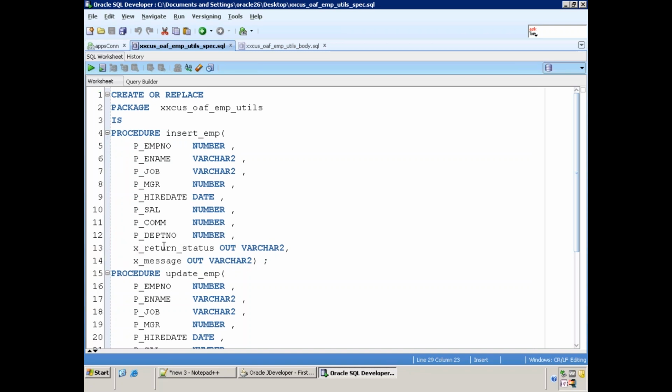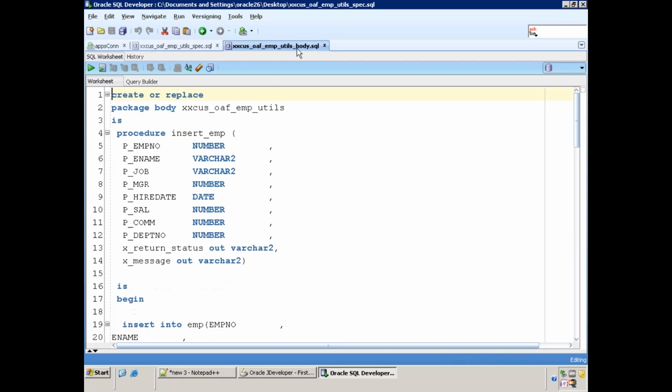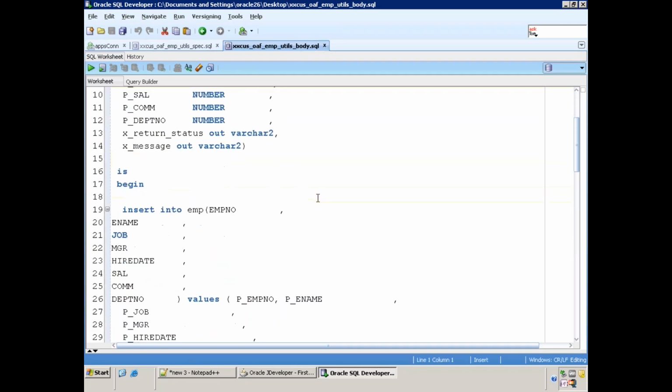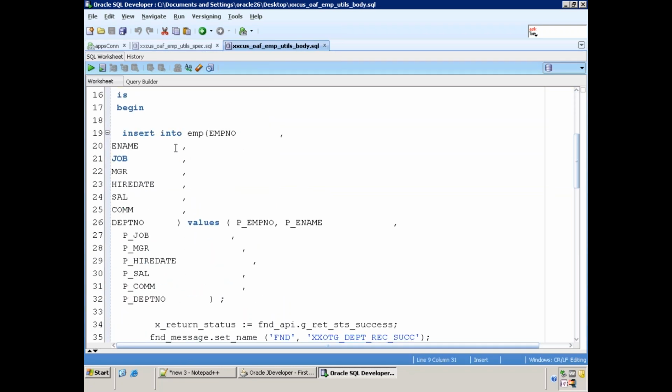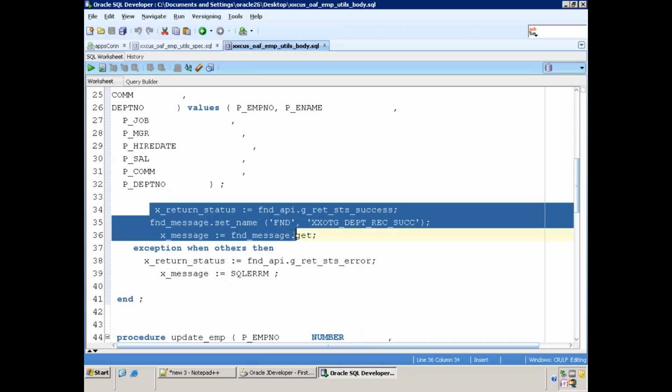We have an output parameter to return the status of the DB call, whether we are able to call successfully or not, or what is the status of the insertion, updation or deletion. Just the status of the appropriate procedure call. If you see the logic, it's very simple. No complex logic is there. Just a simple insert statement as well as record status.